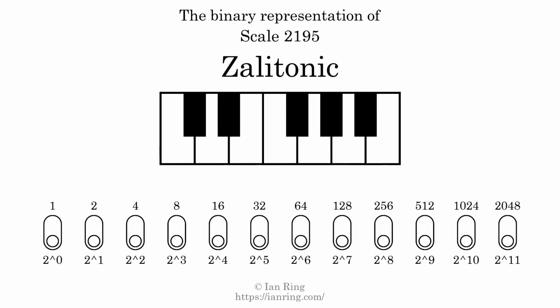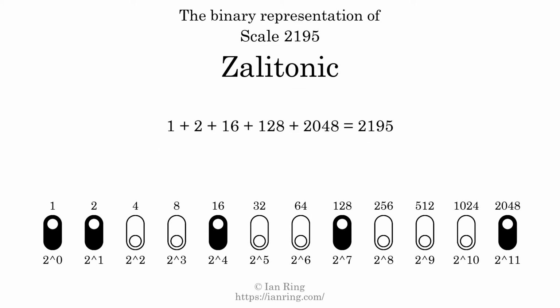The binary representation of this scale is determined by mapping tones of the scale to binary digits. Each binary digit represents a power of 2. To get the scale number, we add the powers of 2 together. The powers of 2 that are present in the scale, all added together, equals 2195. That is why the scale number, in decimal, is